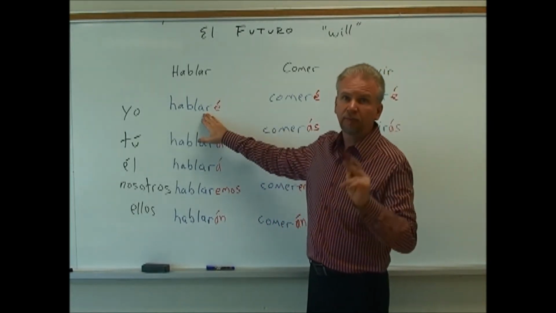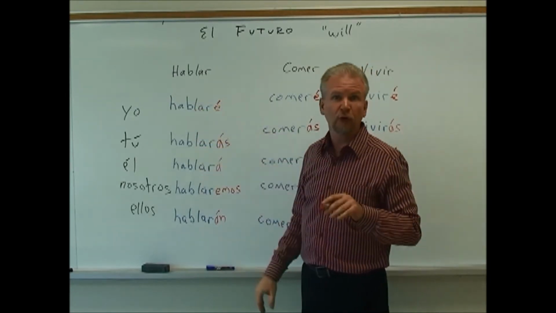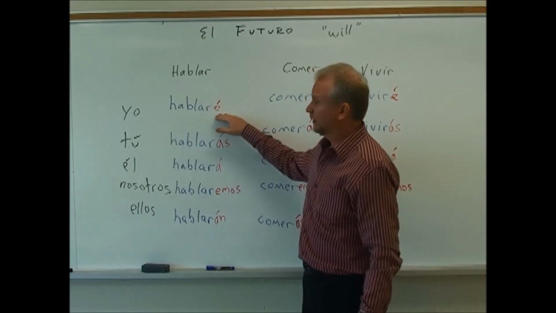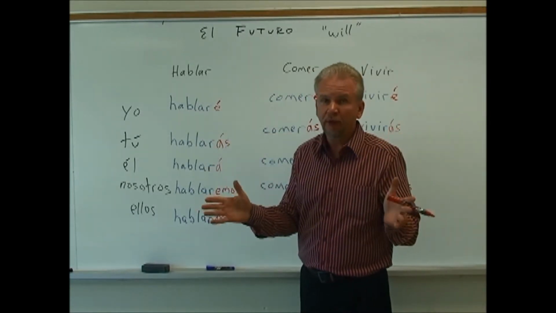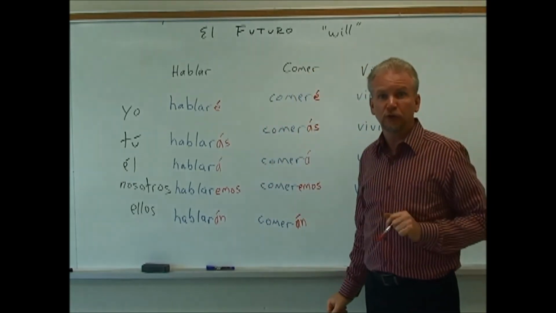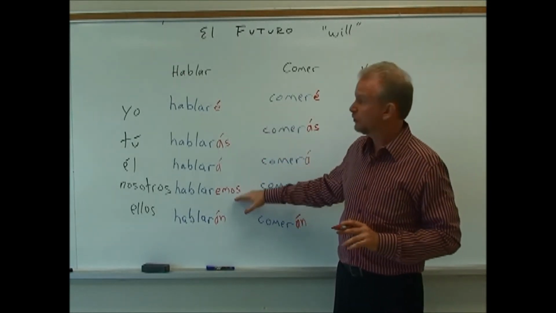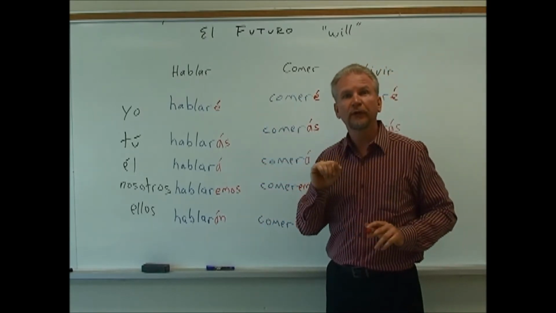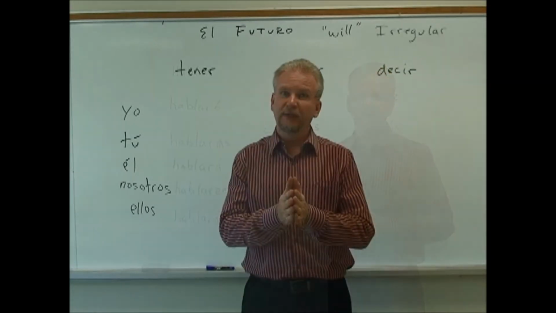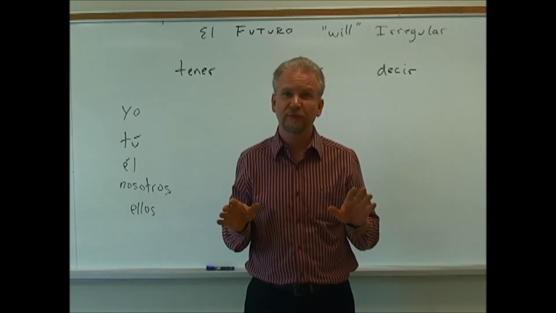For example, yo hablaré, I will speak. If you didn't put the R in there, or the AR, it would look like yo hablé, which is the pretérito tense, meaning I spoke. Hablaré. Very simple. The endings are the same. You just have to learn those endings, and whether the verb is AR, ER, IR, you use the same ones, being careful of é and emos used for yo and nosotros, á with tú, él, ella y usted, y án for ellos, ellas y ustedes.